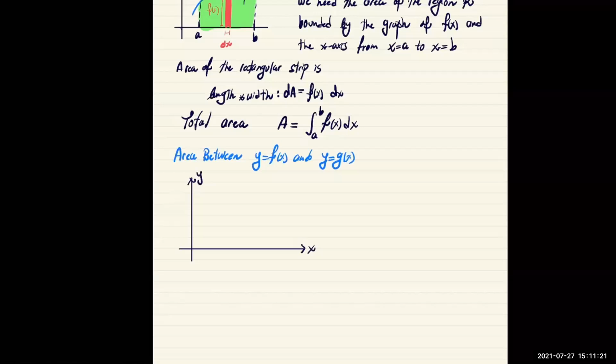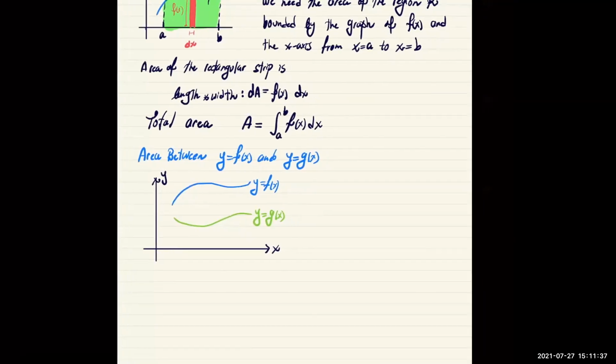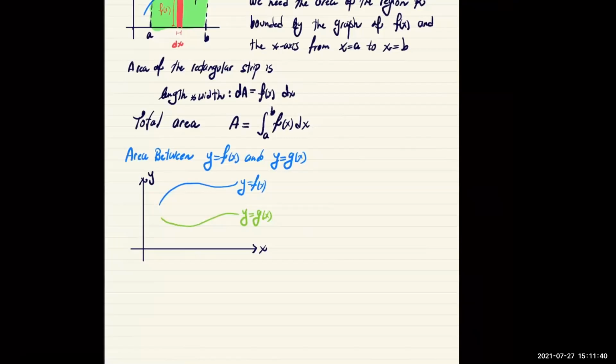Okay, so we have a function f of x and another function g of x below f of x. So I am assuming that g is below f. Here, assume f and g are continuous